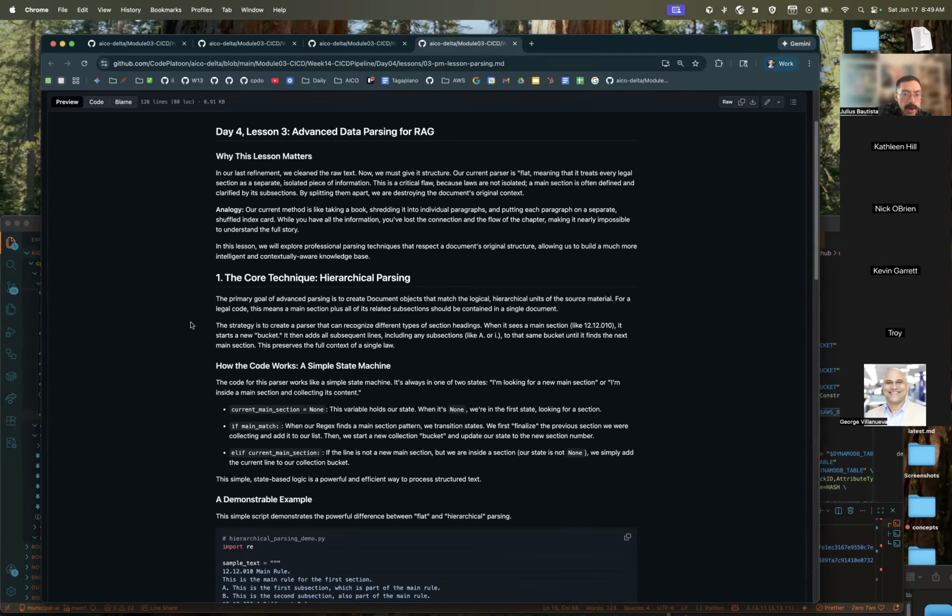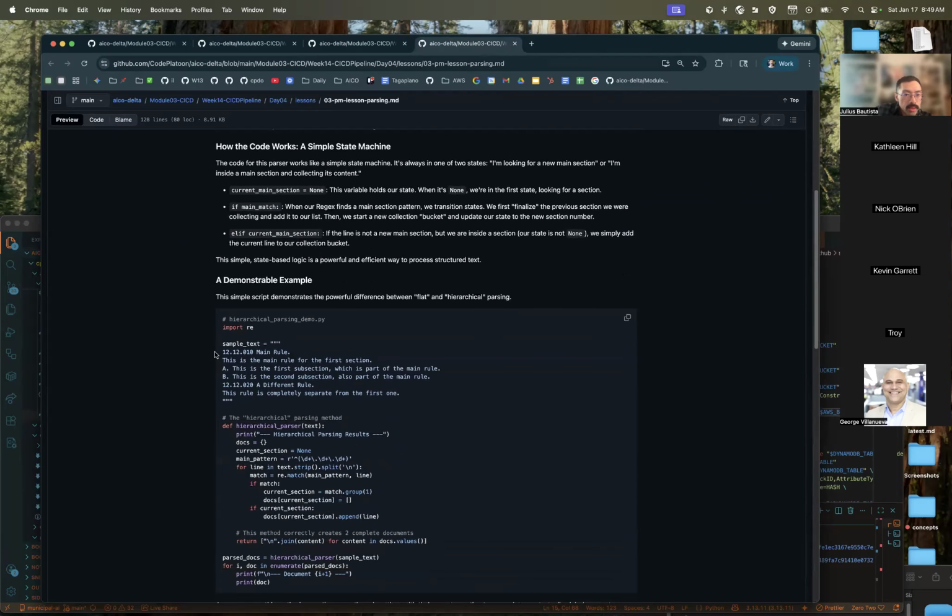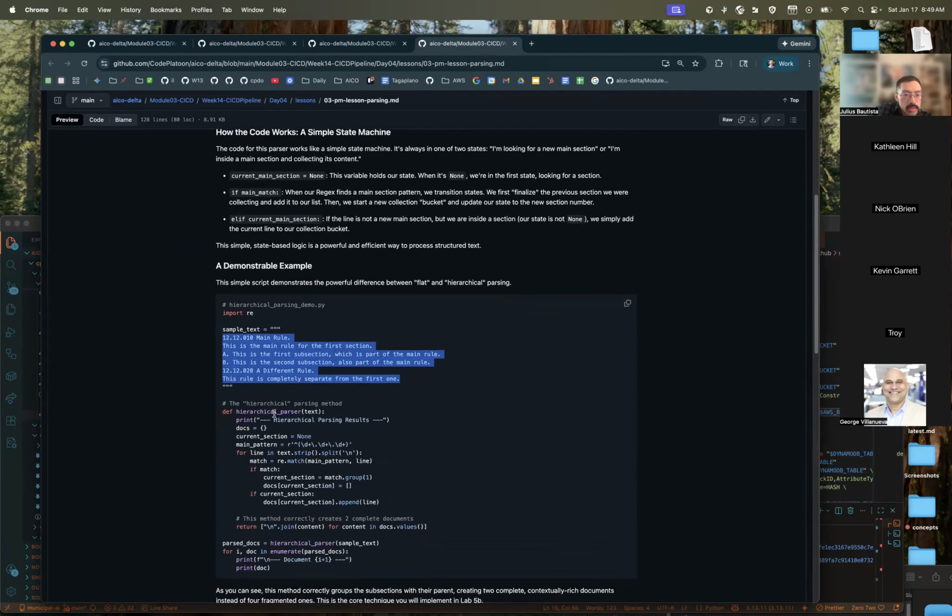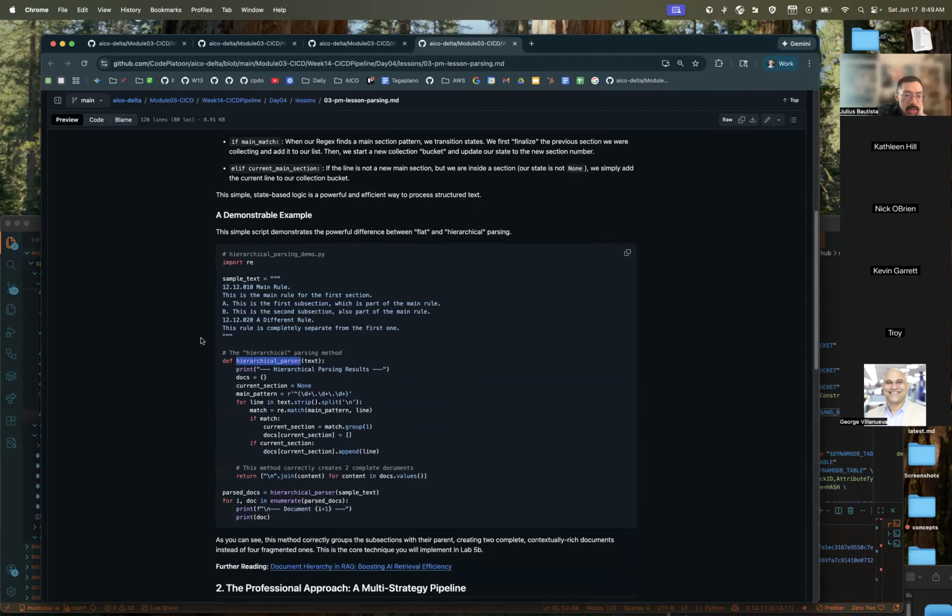Then there's hierarchical parsing. This shows us basically one single block of text, but you could write some custom code that allows you to automatically take that text and parse it into separate objects.